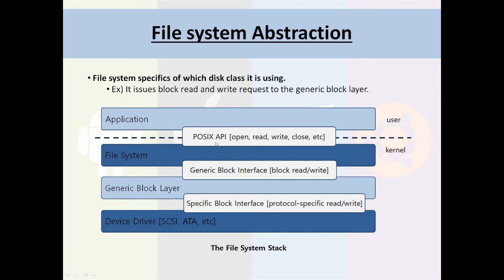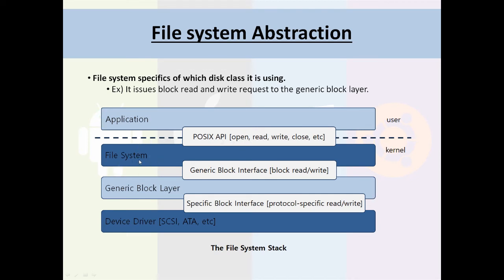So why would it be any different for our file system API? And it's not. After we call our open function or read function, it is handled by the file system,